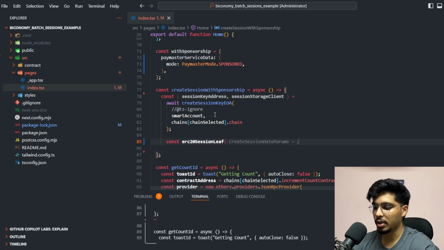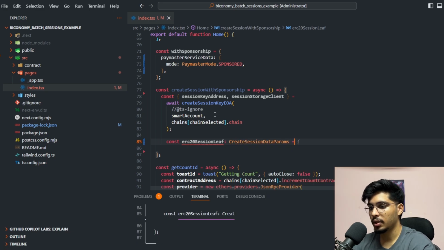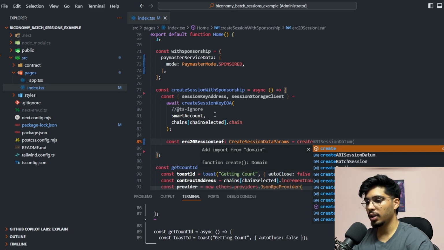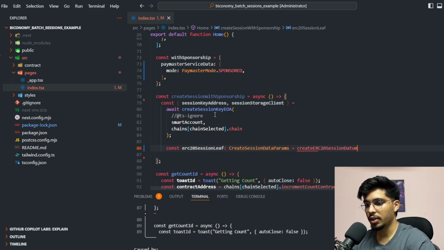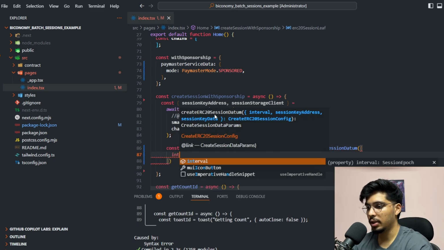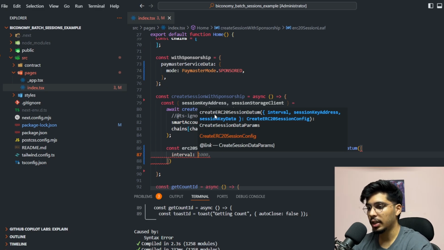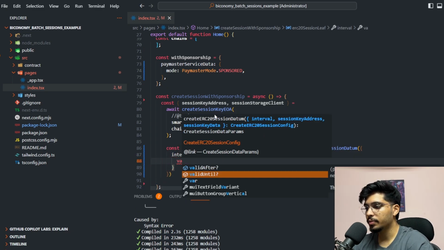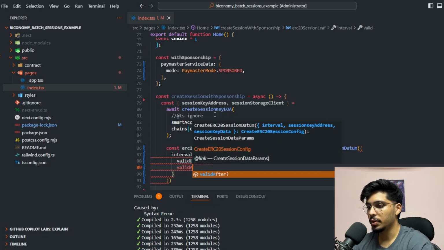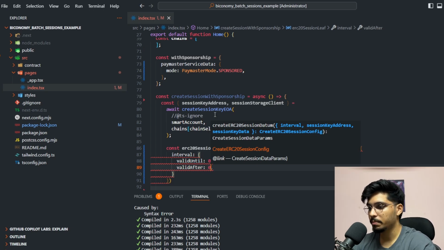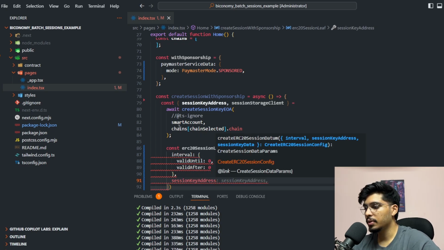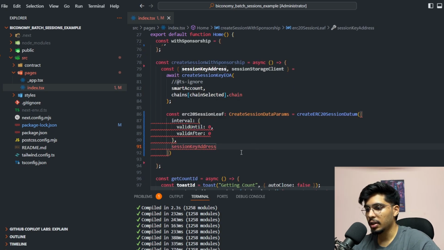session leaf, which type is create session data params equals create ERC20 session datum. And if you look into this, we are going to declare an interval, right? So we have interval, and it should be valid until 0. So this means it's till infinity. It's going to work. No need to worry about time. And then we are going to have session key address, just like that,